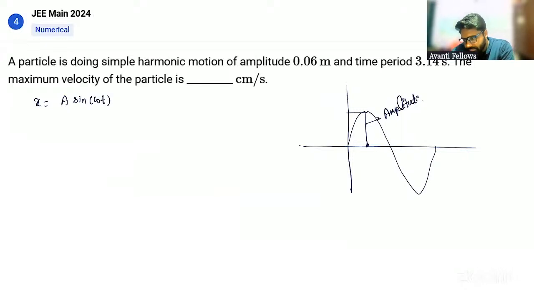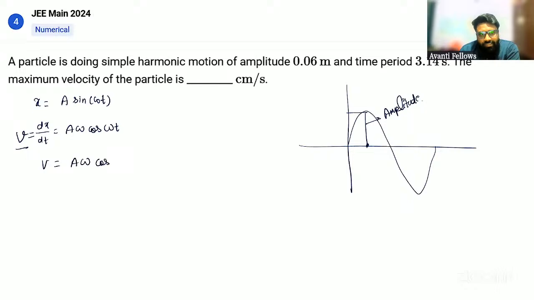Okay, so if you differentiate this, it will become a omega cos omega t, and this dx by dt is nothing but velocity. ठीक है, dx by dt क्या है? वेलोसिटी है। अब देखो, v is equal to a omega cos omega t।